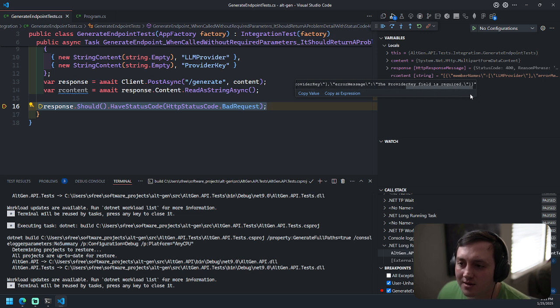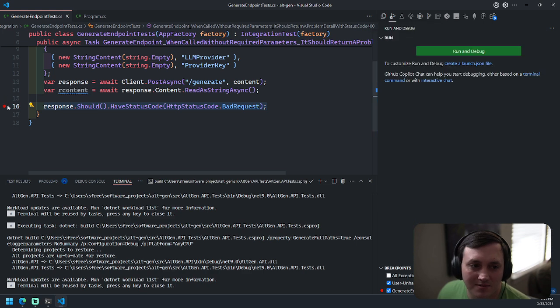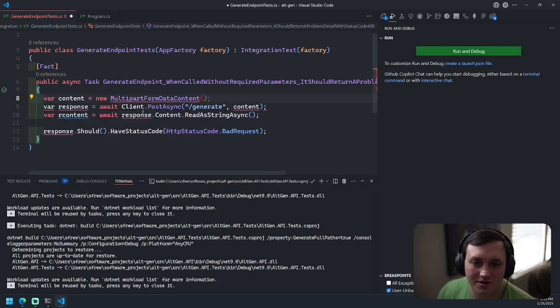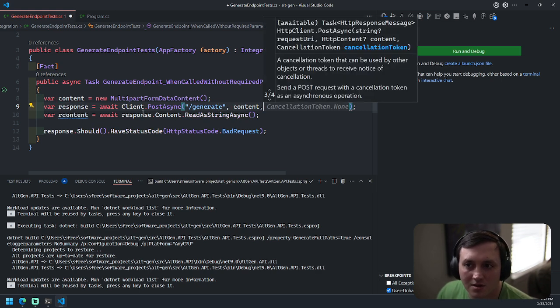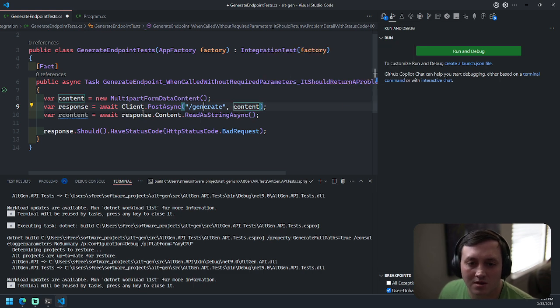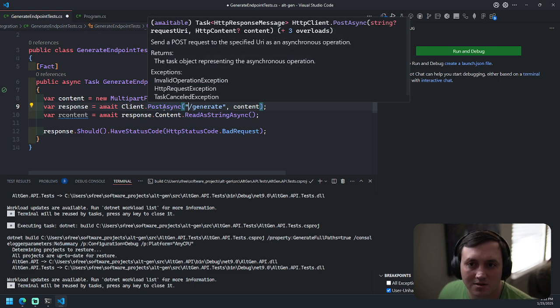Okay, now I get that. So is it just because it's an empty multipart content that it was throwing those errors? Can I add headers?